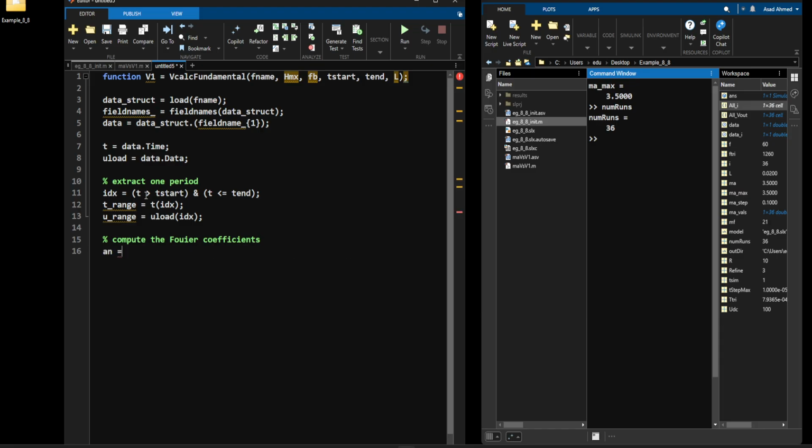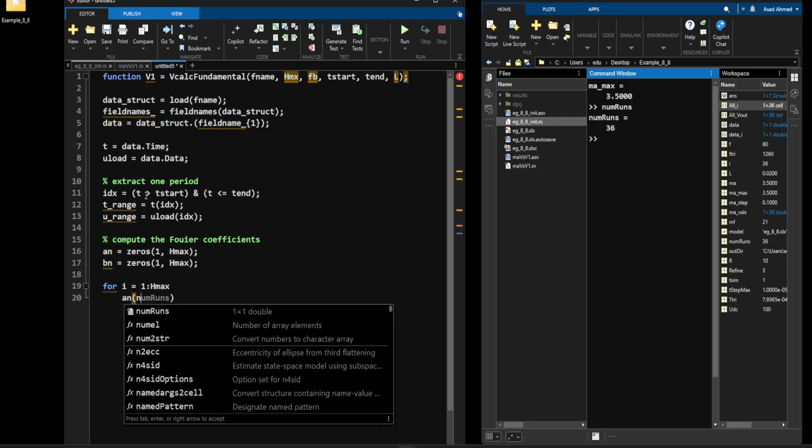An in this case is equal to... So before I write the loop to calculate the an and bn, let's just assign the variables to zeros, or pre-allocate the space for them. It should run from the number, or maximum number, of harmonic components. Bn should follow a similar pre-allocation. That's all, and now comes the for loop. For i is equal to 1 to h max, since our maximum number is 400, as we said,